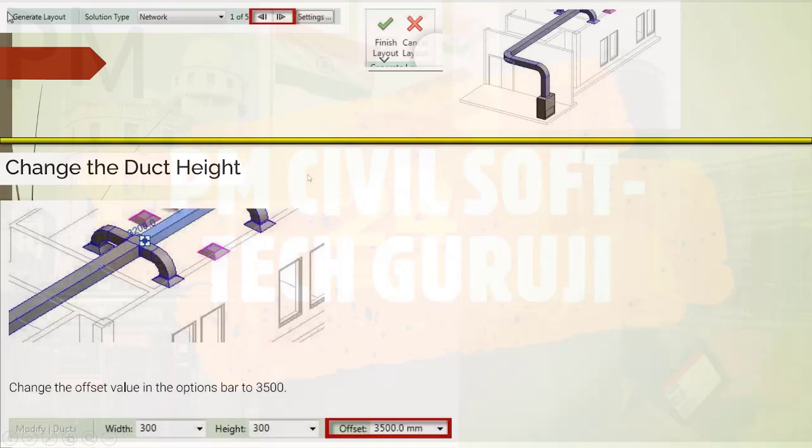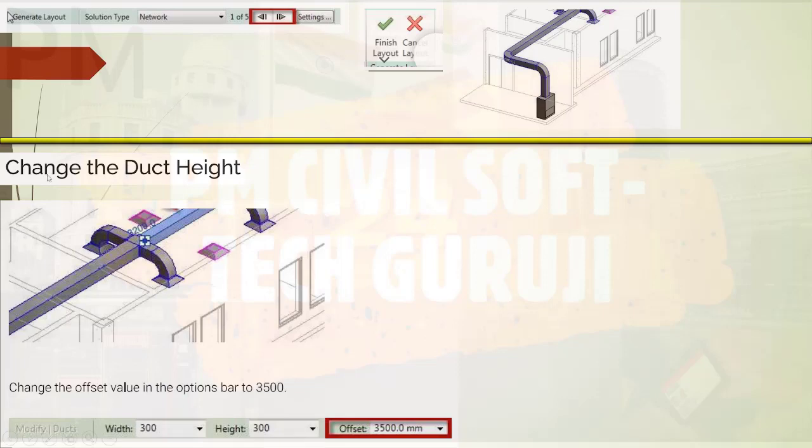Now, on many occasions you might see a warning or error when creating a route with this method. You can still use the Generate Layout tool and fix the error later. It can be faster and easier than creating the route manually, but sometimes it will be easier to create the route manually from the beginning. So we'll see that afterwards.